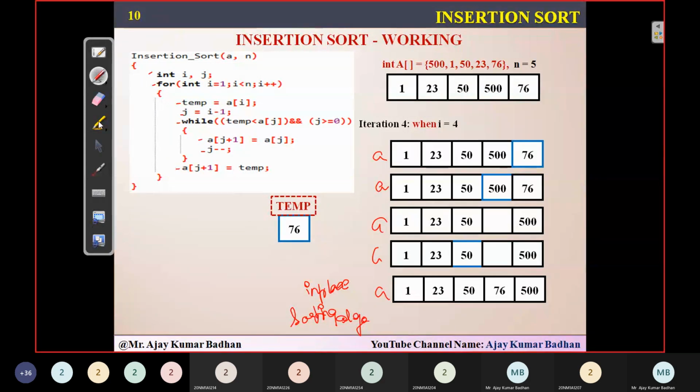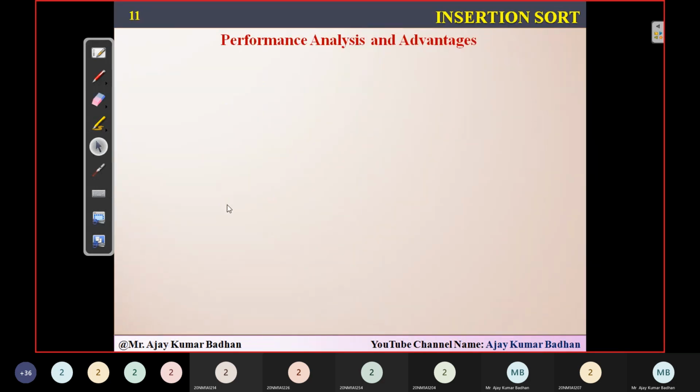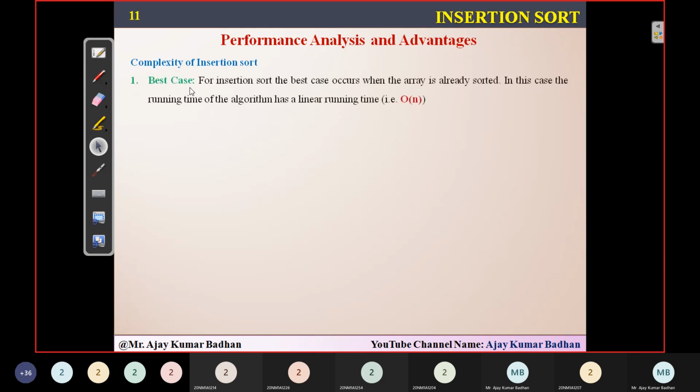Okay. So let's go ahead and see the performance analysis of this particular insertion sort here. If you ask me about the complexity of insertion sort, this is somewhat typical. We know that complexities are generally classified into best case, worst case, and average case. If you talk about the best case, here it is assumed that whatever array you are taking is already in sorted order.